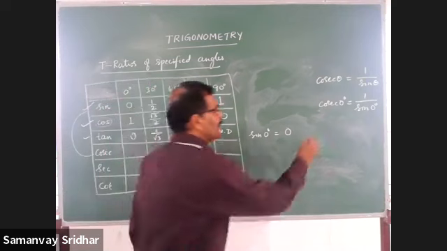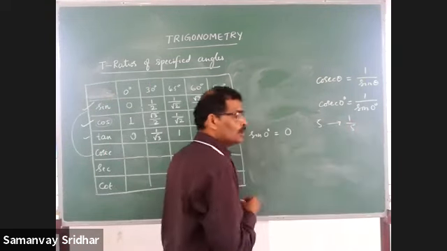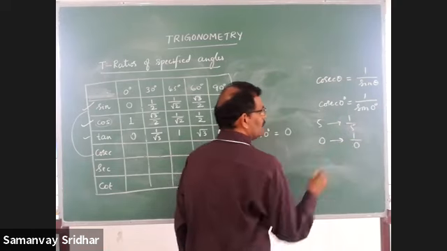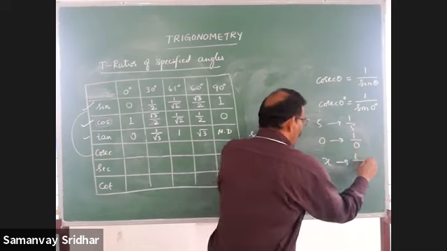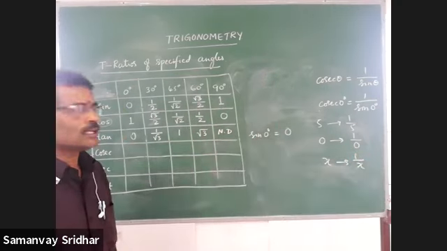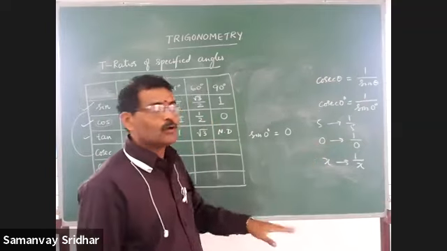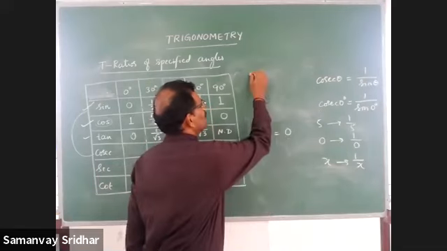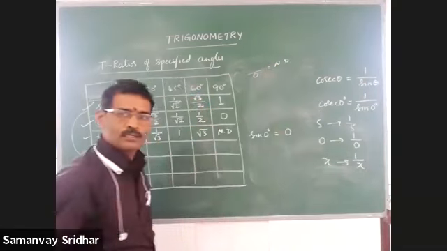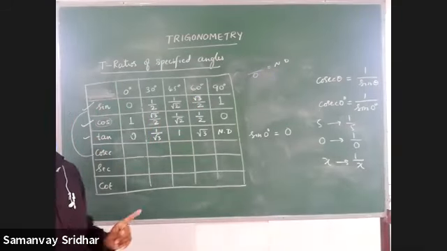What is the reciprocal of 5? Reciprocal of 5 is 1 by 5. Do you agree? What is the reciprocal of 0? The reciprocal of 0 is 1 by 0. What is the reciprocal of x? 1 by x. Right? Reciprocal of 0 is 1 by 0. Again I told you that if there is 0 in the denominator, it is nothing but not defined. Got this? Therefore, anybody asks what is the reciprocal of 0, your answer should be not defined.